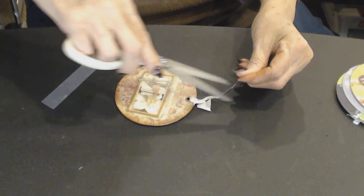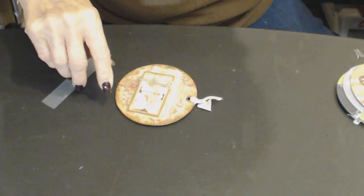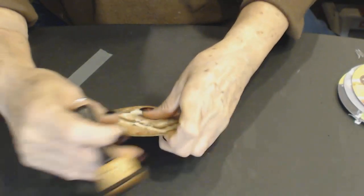I'm gonna take my, oh, here it is. I'm going to take this and go over my